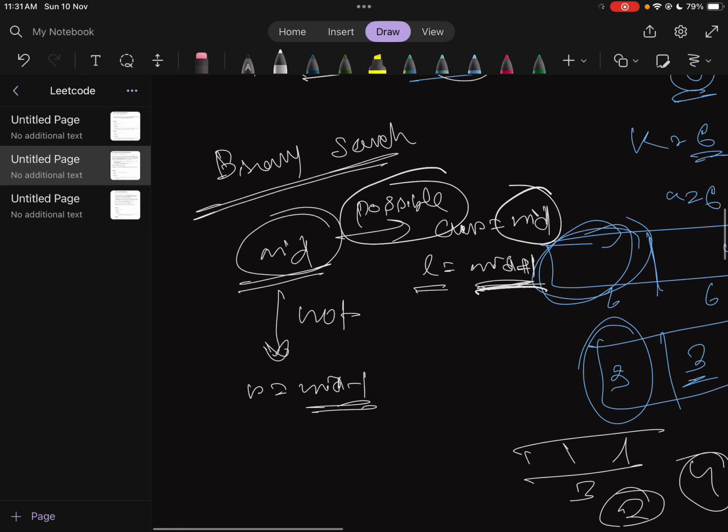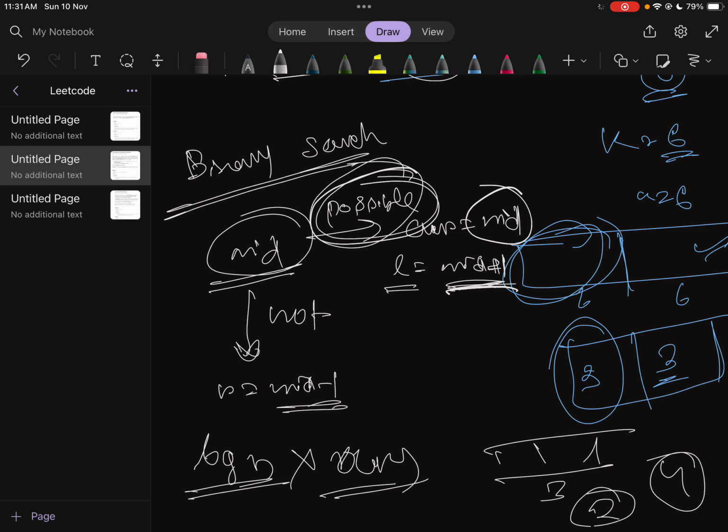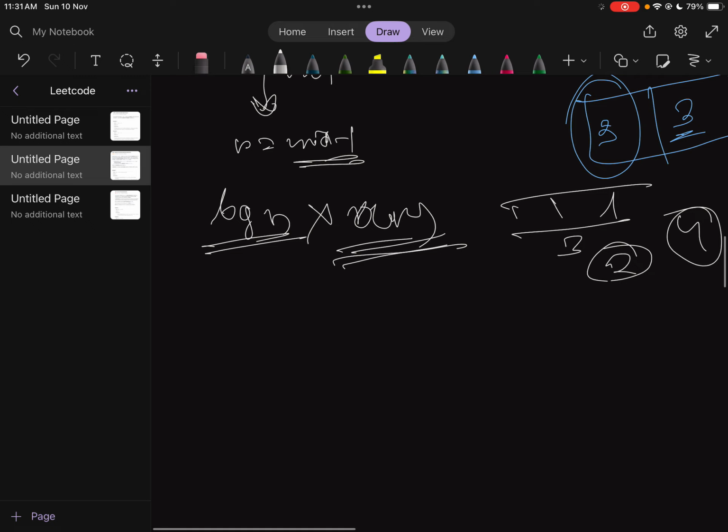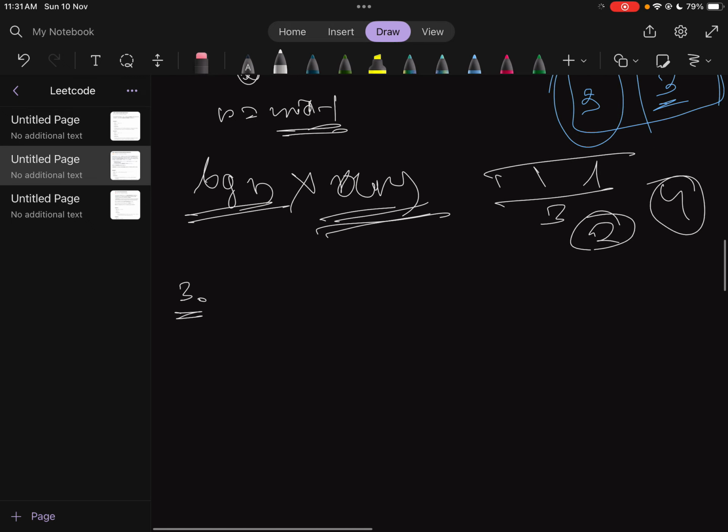Binary search takes log n time, and log n times big O of k to check whether this is possible or not. Now we will come to this possible function, that is, how to check whether any random k is possible or not. Okay, so this is clear, right? Up to step 2, how binary search helps us here. Now come to step 3, how we check whether it is possible or not.